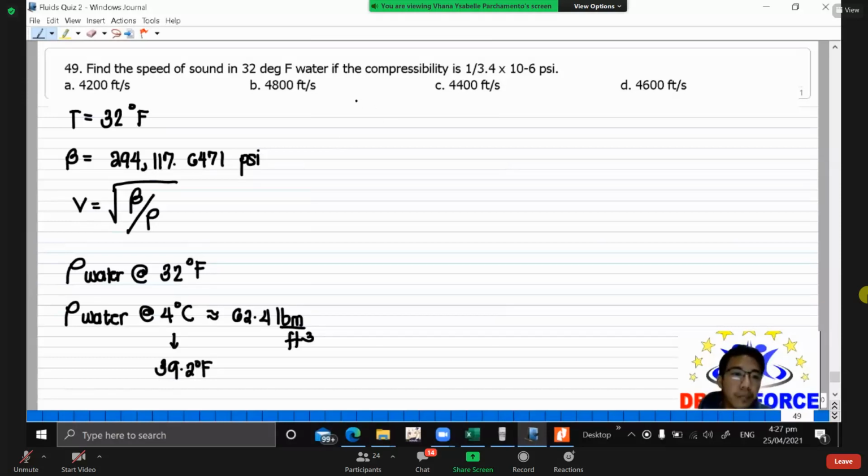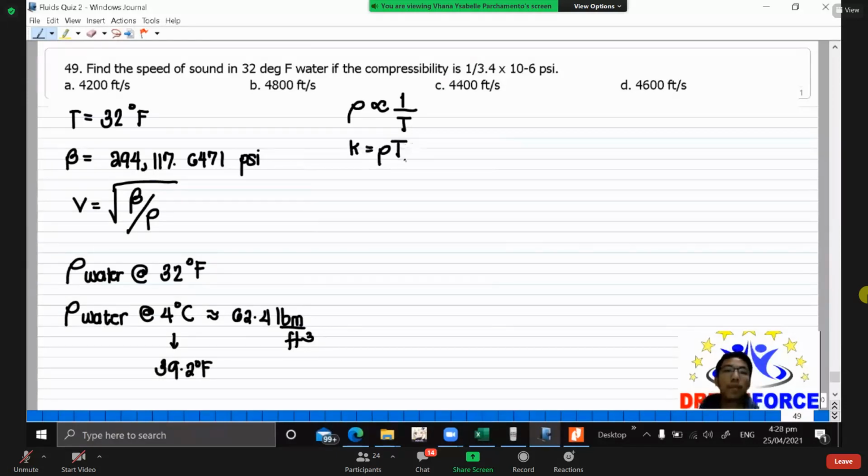Okay, also, may relation tayo for density and temperature. Habang tumataas yung temperature, ang nangyayari, bumababa yung density ng water or vice versa. So, inversely proportional. The density of water is inversely to the temperature. So, from here, yung constant natin dito is yung density times the temperature. Okay, pag gumawa ko ng relation dito, variation, relation proportion, density 1, temperature 1 is equal to density 2, temperature 2. So given yung density 1 at saka temperature 1, ito. Ang density ng water, we have